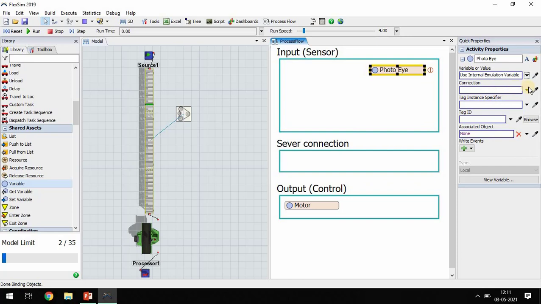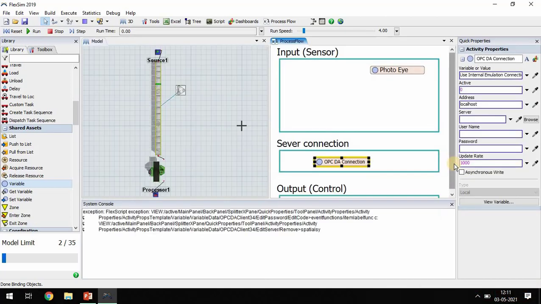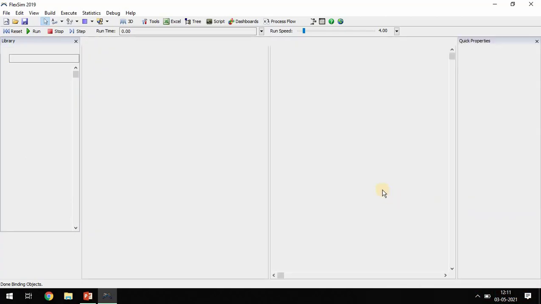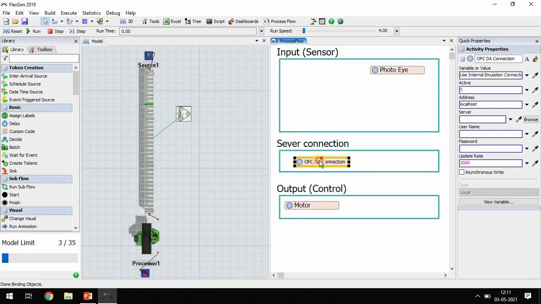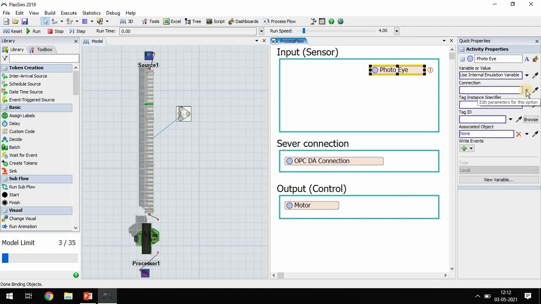Go to connection, click the sampler button and select the server connection. Then go to use internal connection and select OPC DA connection. That's it. So this OPC is added now. Similarly, go again to input, then go to connection, go to sampler, and select this OPC DA.